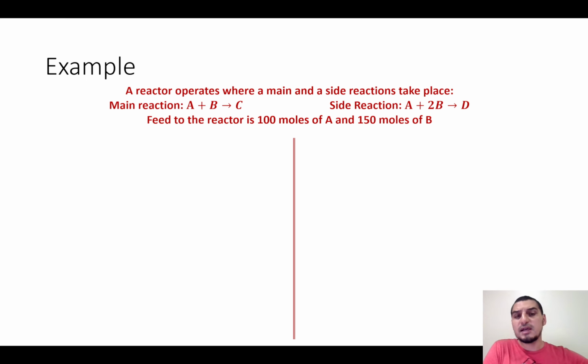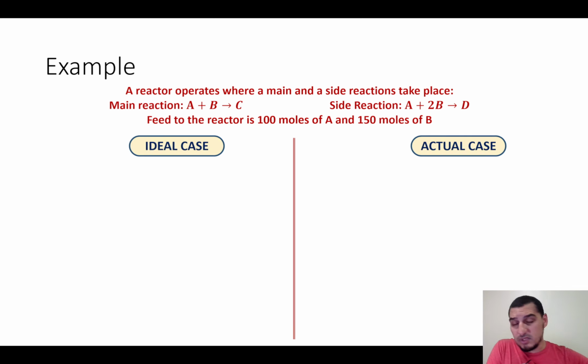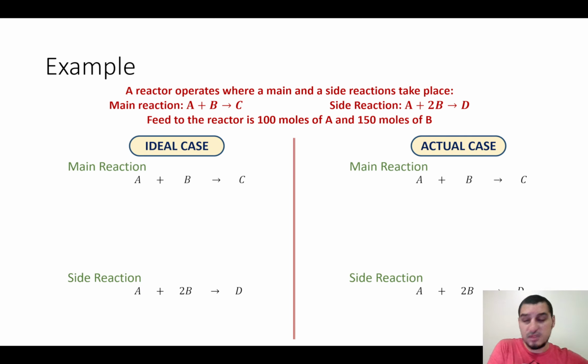So we have two reactions. The main reaction is A plus B go to C and D, and there is the side reaction where A plus 2B go to D. So these are two reactions that take place, and the feed to the reactor that these reactions take place in is 100 moles of A and 150 moles of B. So we have two cases now, the ideal case and the actual case, and for the two cases we have the two reactions. And now let's discuss the ideal case, which is